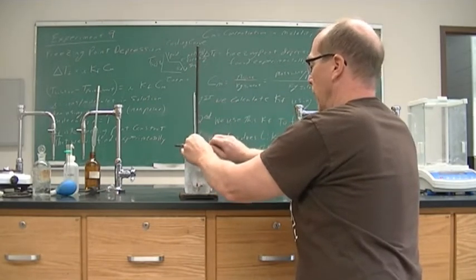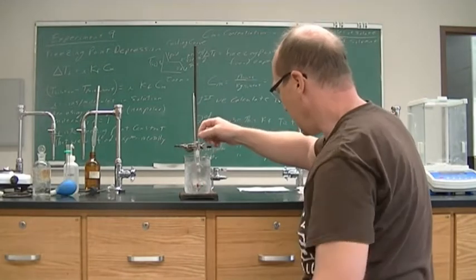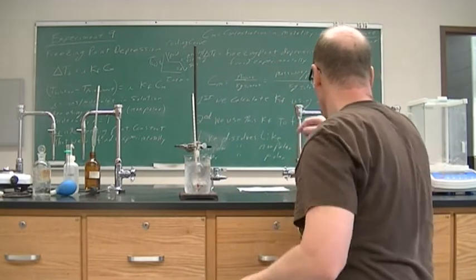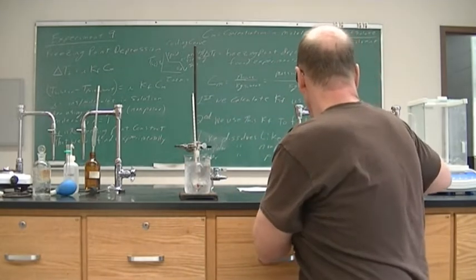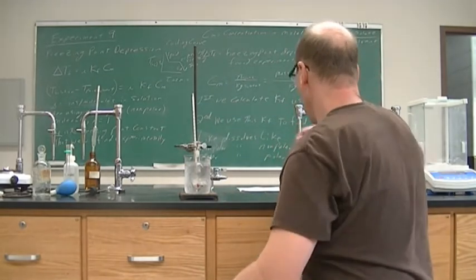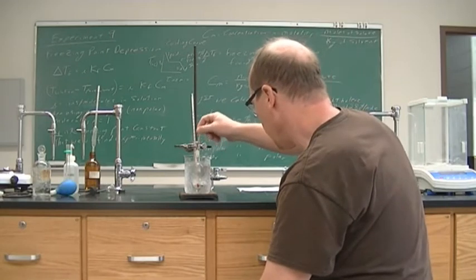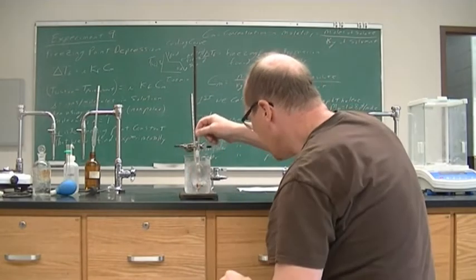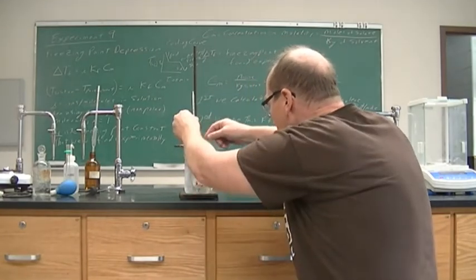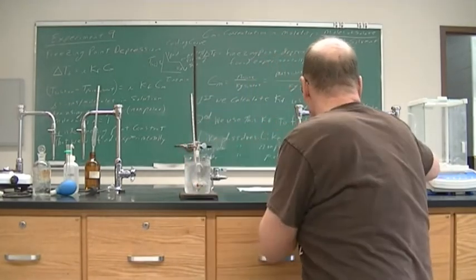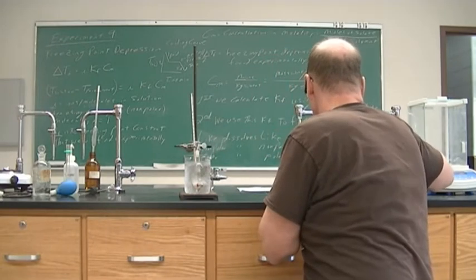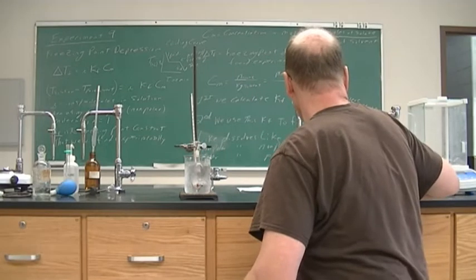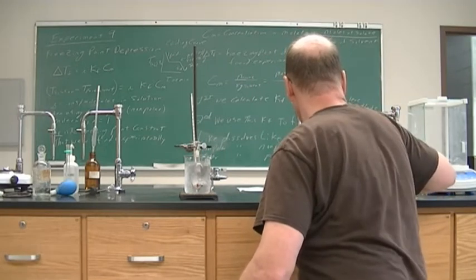All right, so now I have the cyclohexane in the ice water bath, and I have my stopwatch ready to go, and we will monitor our temperature every 15 seconds once it hits 15 degrees Celsius, which is now. So we are going to get our temperature, and we also want to make sure that we watch